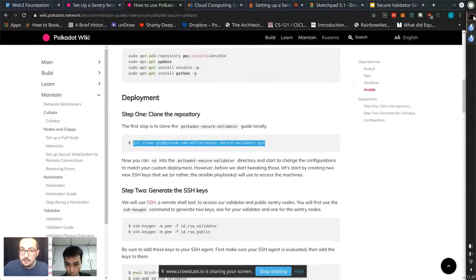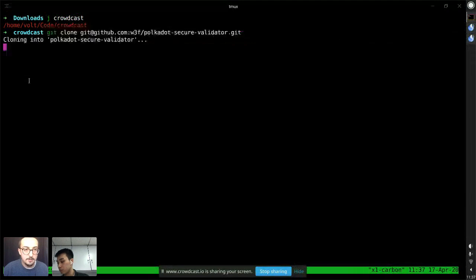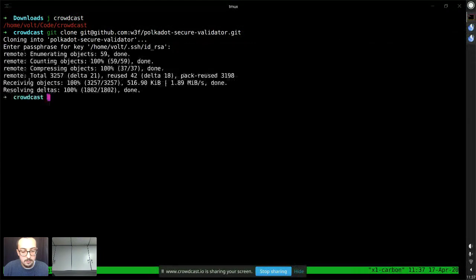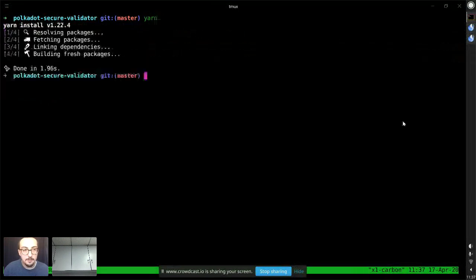So the first thing to do is to clone the repository to one of your local directories, and then run yarn inside of there to install the project dependencies. I've cached that in the past, so that's why it ran really quickly. And then what we'll do next is